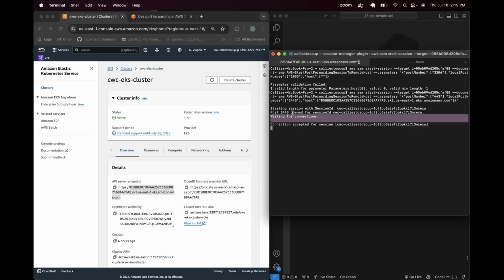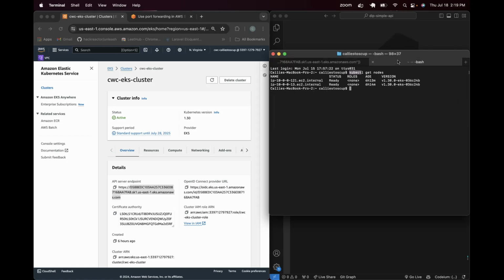We have a listener waiting for connections here to forward any traffic that we have at localhost at port 3443 to our EKS cluster at port 443 through our Bastion host. And the reason this works is because we have the security group on the EKS cluster that allows ingress from the Bastion host. All right, that was a mouthful, but now that we have kubectl configured, we can get to work and start